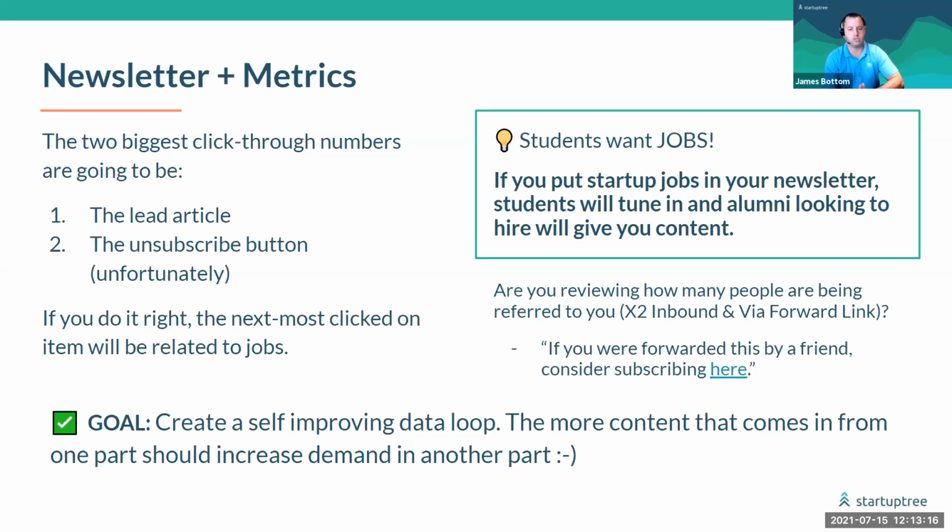So if you analyze the types of people that are tuning into a newsletter, in this case, a lot of students want jobs. Jobs are usually the third most clicked on thing in the newsletter. And inevitably, jobs is one of the things that I intentionally bury very far down in my newsletter, because the longer you go into a newsletter, it depends how long you can make it. Usually you're looking for just a couple of stories per category, and we'll talk about some of the big bulk categories that you want to do for your particular programs.